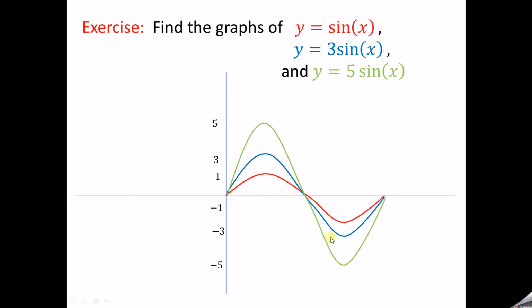You can see these are the three graphs of these functions. The red colored one, the range is between plus 1 and minus 1. The blue one, the range is between maximum value 3 and minimum value minus 3. For the green colored graph, the maximum value is 5 and the minimum value is minus 5. So the range is the only difference for all three. The period is the same. After 2 pi length, the same values will be repeated on either side. And there is no phase shift.